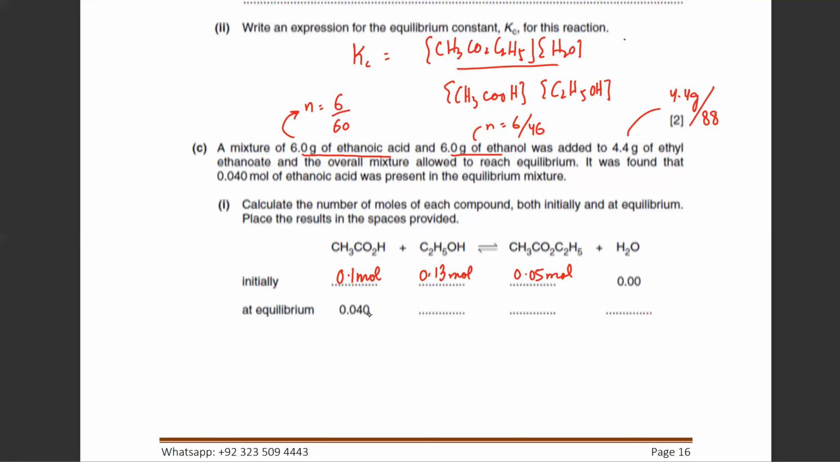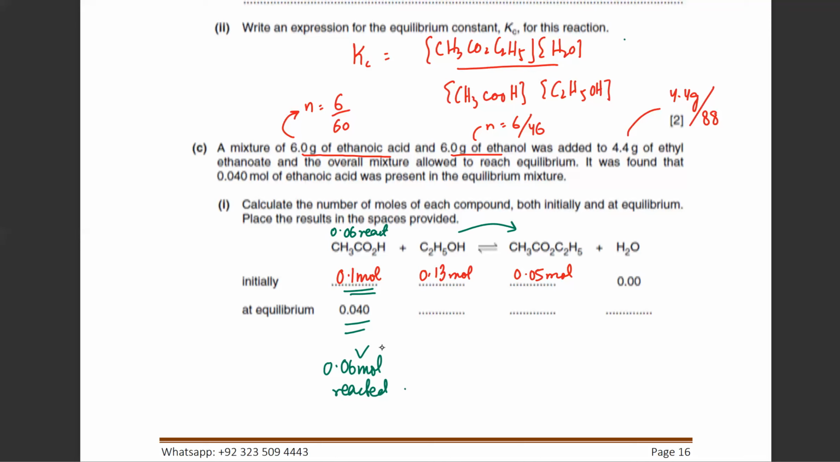So that means if you compare the two, 0.06 moles reacted. They reacted because 0.06 moles are missing. Initially you added 0.1, now you're left with 0.04. So that means 0.06 moles have taken part in the reaction and they've gone in the forward direction. So 0.06 react